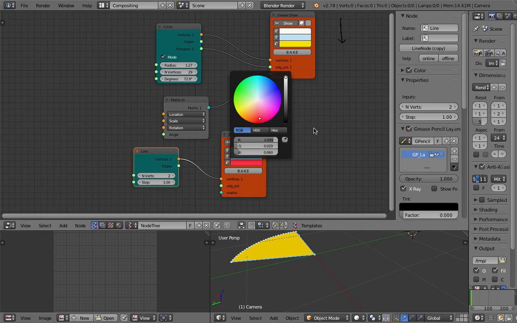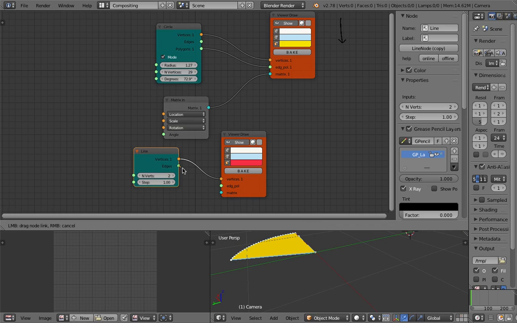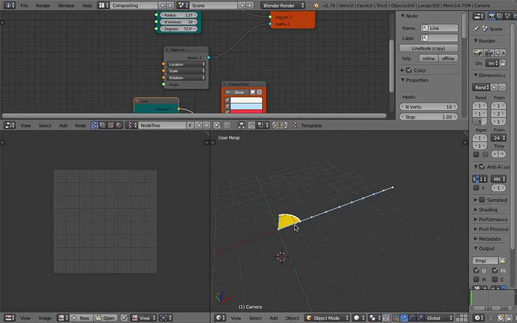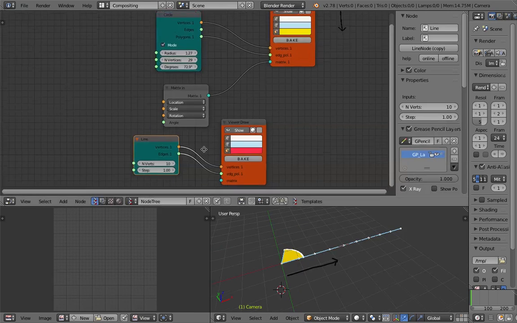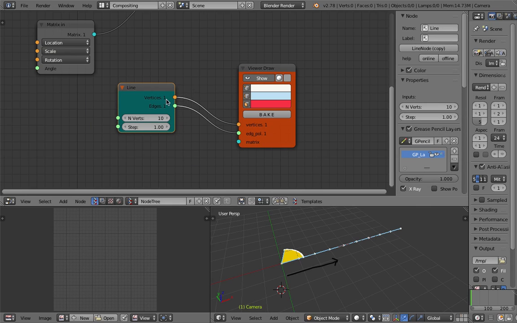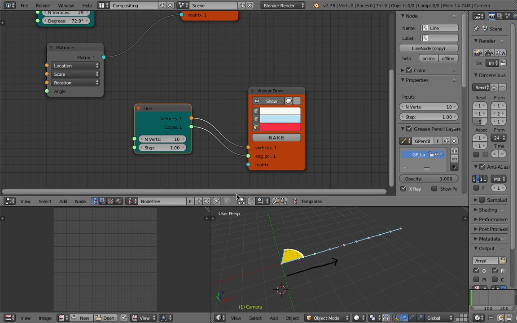If I generate some lines, you see that's the default line. It's going in the x-axis, and oftentimes I just want the vertices, the vector for the matrix in, because it gives me quick access to